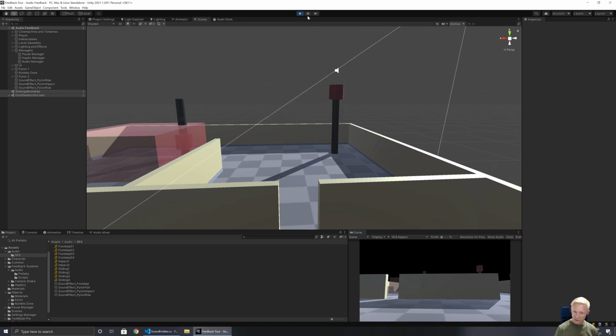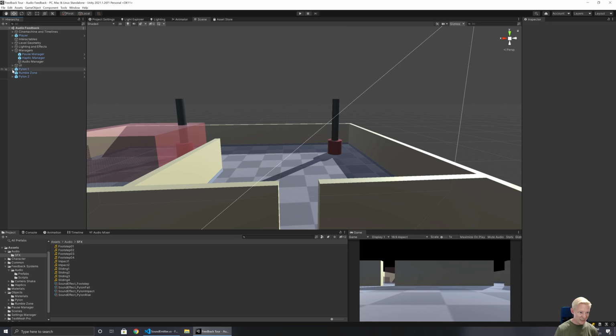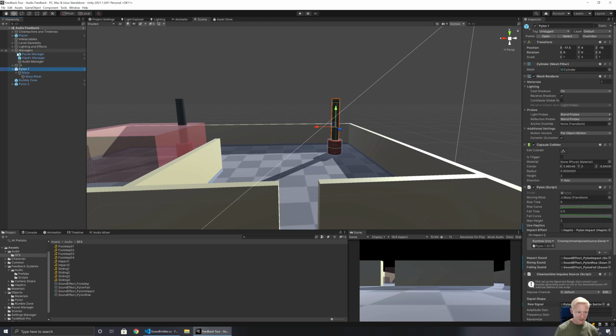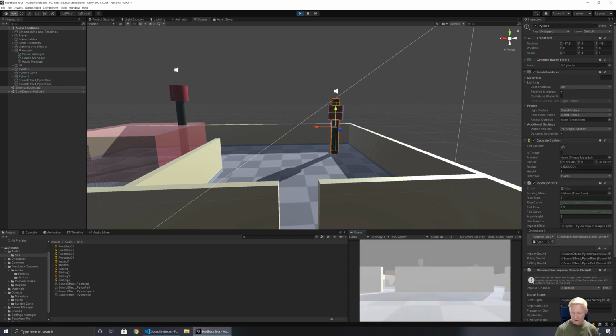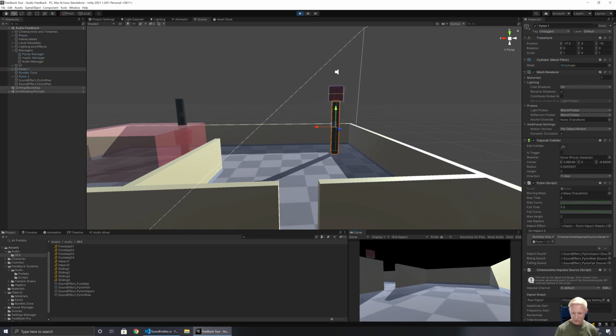There's a bit of an offset that we can see, and that's down to the actual setup for the pylons. That's because the pylon's location is a little bit offset. So that's an issue with the setup for the pylon that we could easily adjust. The key thing is those sounds are changing, and if we get closer,